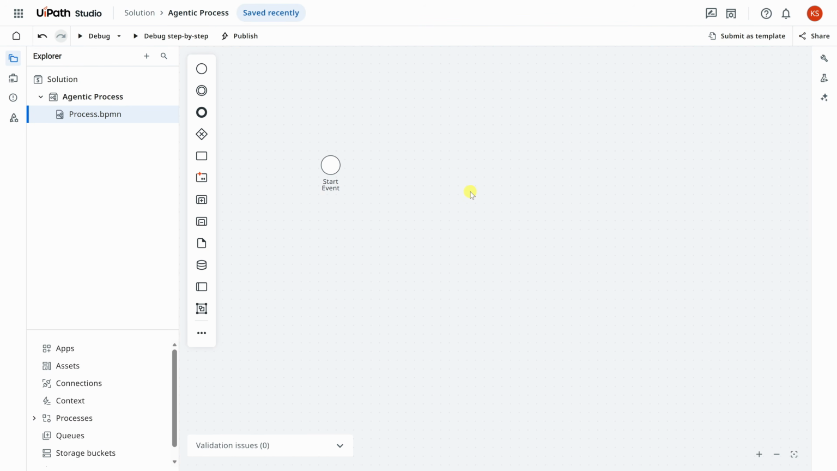First, we need to set up the start event, which tells UiPath when the agentic process should run. I want this agentic process to run anytime I upload a new PDF to Google Drive. Right here on the canvas, let's click on Start Event, and then over on the right-hand side, you'll see this